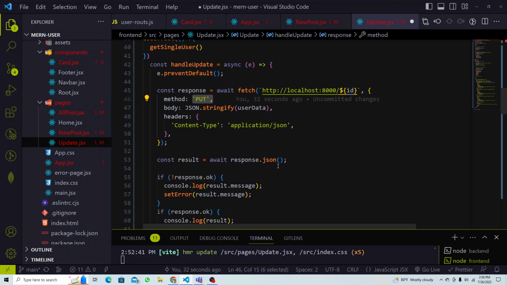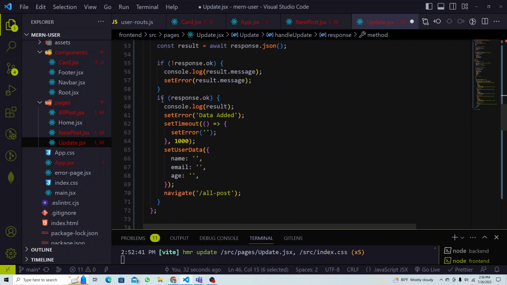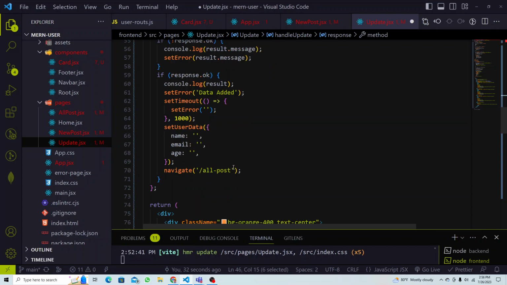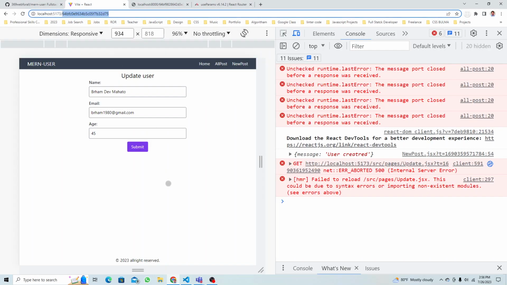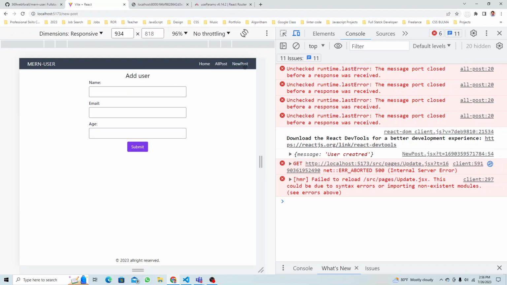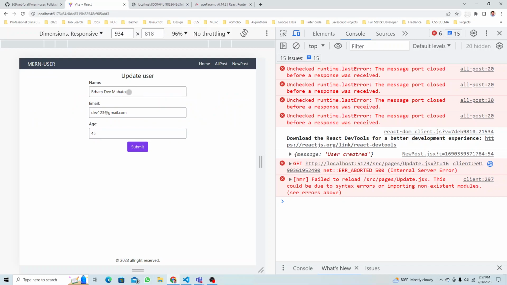So result will be there, response JSON from here. This is okay, and yeah, so I think everything looks fine, empty again, all that, right? And go to the next, all post when you update. Okay, get back to the all post again. Okay, I think this will be fine. Let's check now. So okay, I click something. Let's go to the new post, right? New post, all post. So this is the last one, right? Day 1 to 3. So I will click update. So, okay, we got here. So this is the